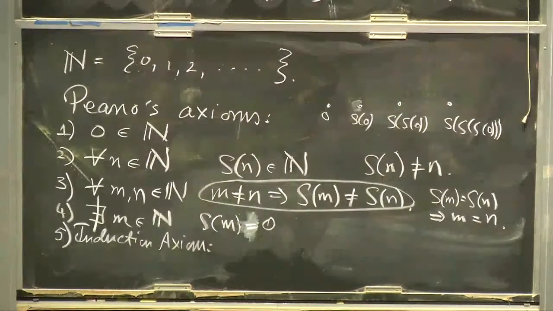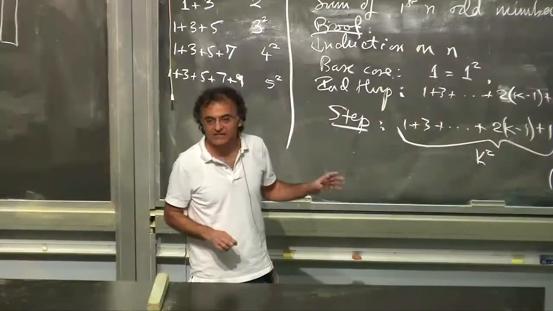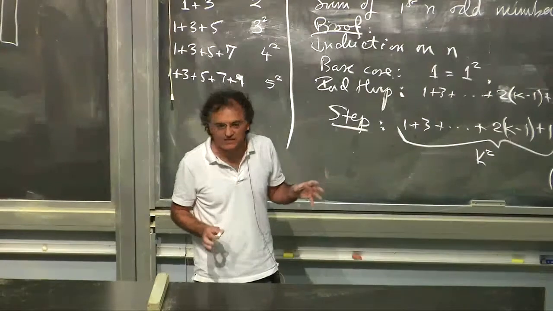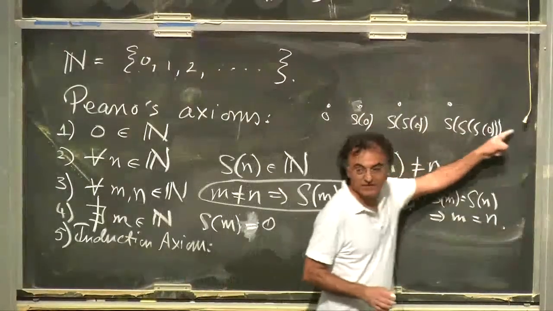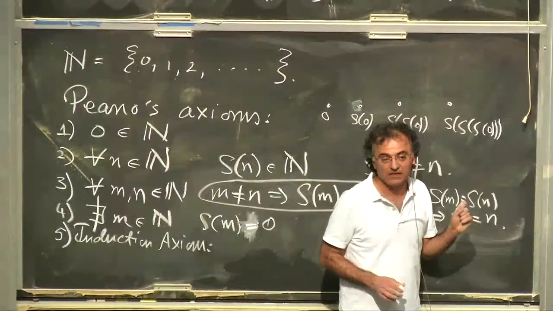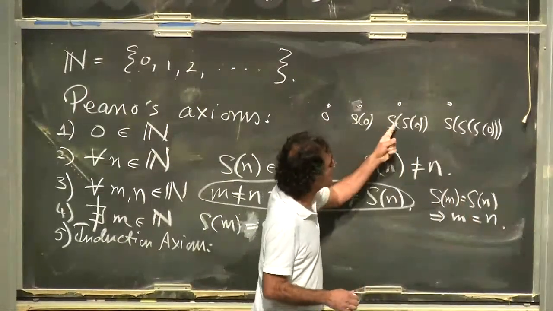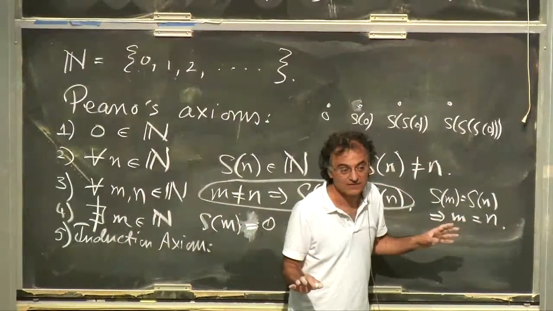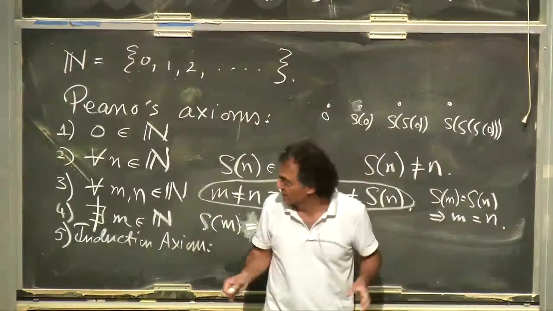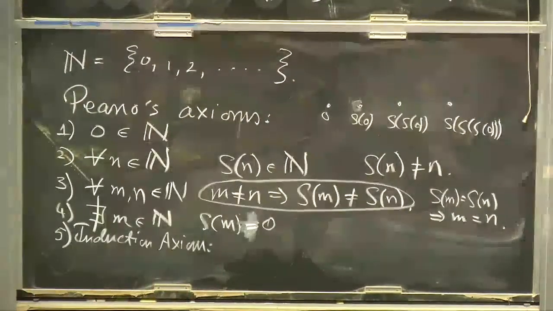Okay. And then there's the last axiom, which is the induction axiom. What does the induction axiom say? It says, look, these are the only natural numbers there are. If you write them out like this, 0, S of 0, S of S of 0, and so on, that's it. There's nothing else. Okay? And how do you express the statement? Well, the way it's expressed